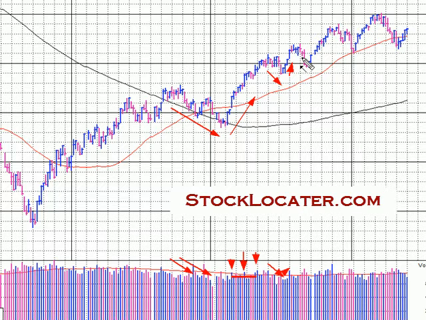This one here is a little bit weirder. As it's going down, we want to see volume go down. Volume here was actually going up. So that's not a good sign. The second half of it started to go down. Now we have